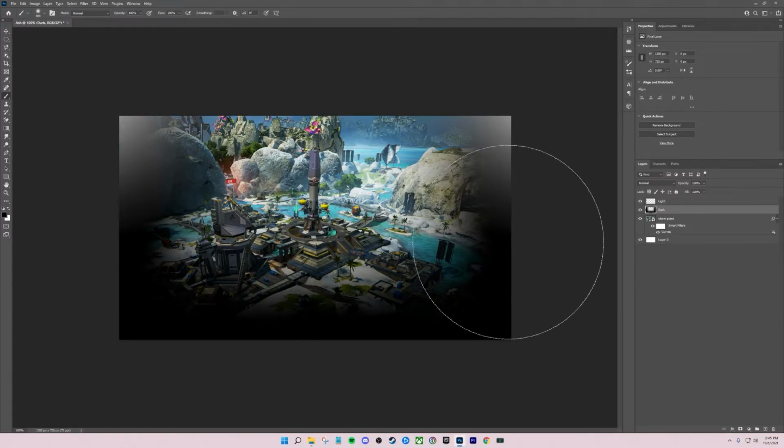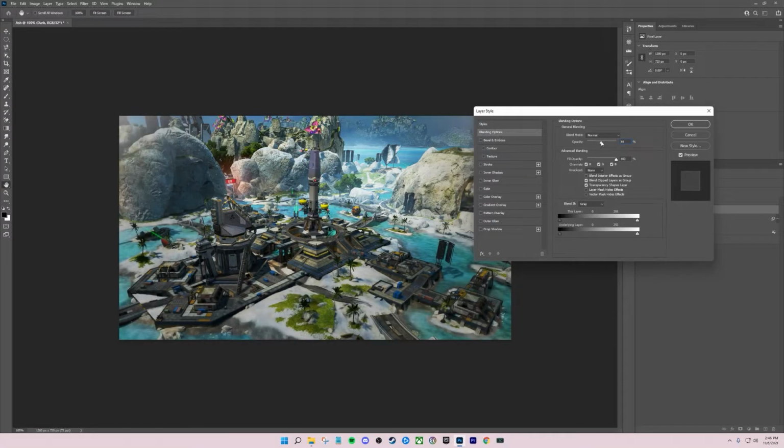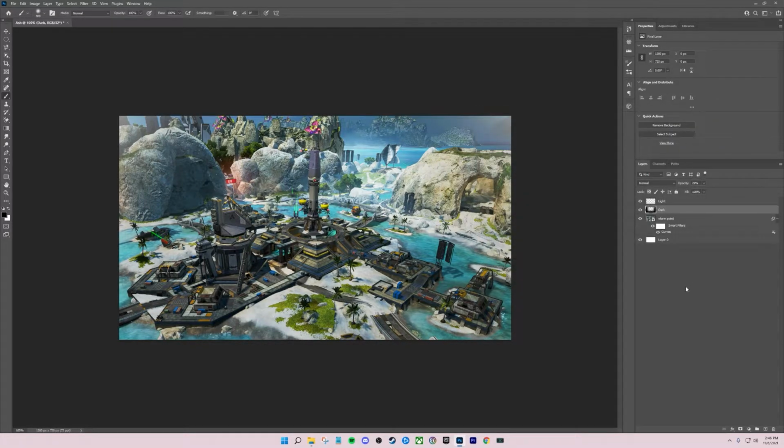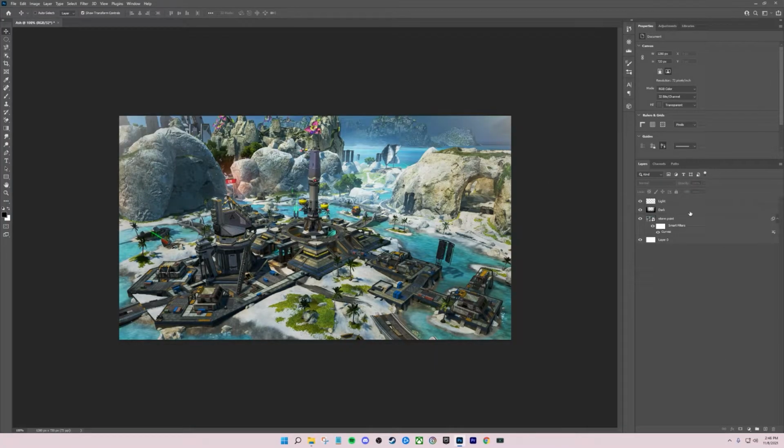Don't worry, this will not look anything like this, because what I want you to do is double click on the layer and make sure in blending options you decrease the opacity anywhere in between 25 and 35. That is completely up to you. You hit OK. That should sort out the background completely, and from here we can move on with adding the character and the text. So after this, we will create a layer on top of the dark layer,